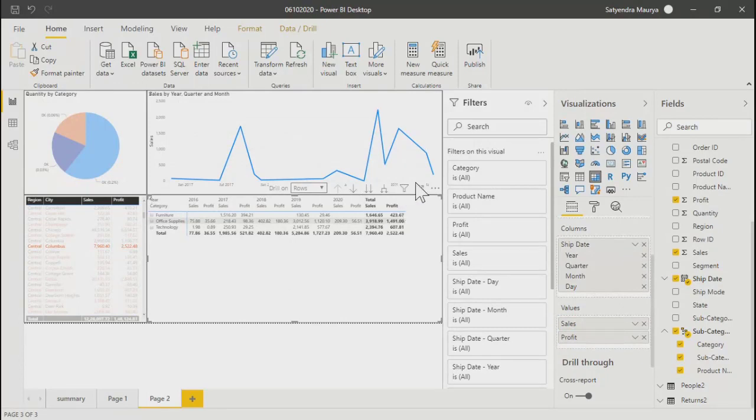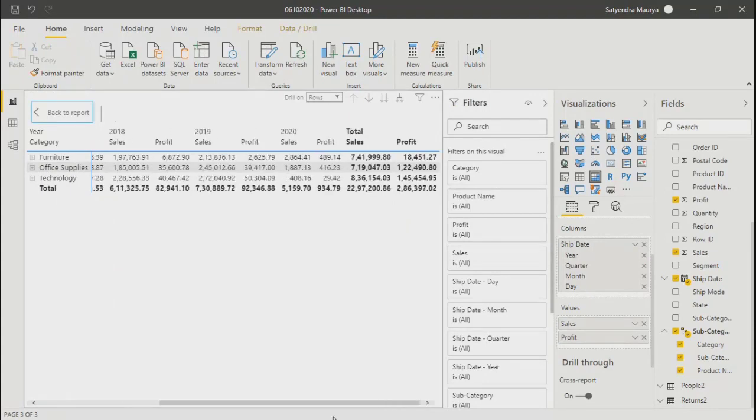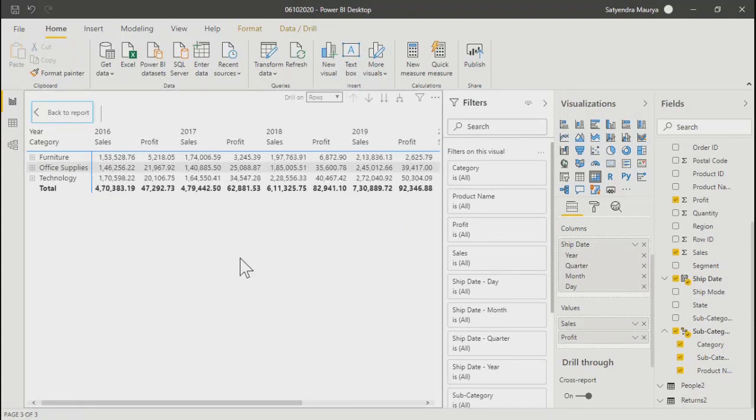For a moment, if you go to focus mode and see that, this is what we covered yesterday also. You get a drop down now. It says either rows or columns, whichever you want to expand or go to the hierarchical level. If you select rows, which means furniture, office supplies and technology, from here you can go to the next level.